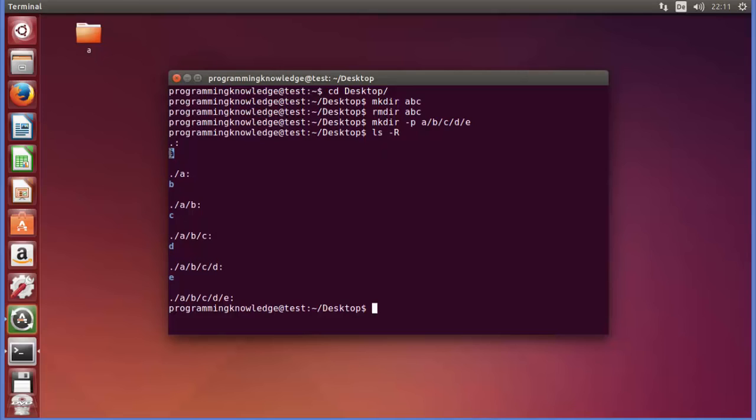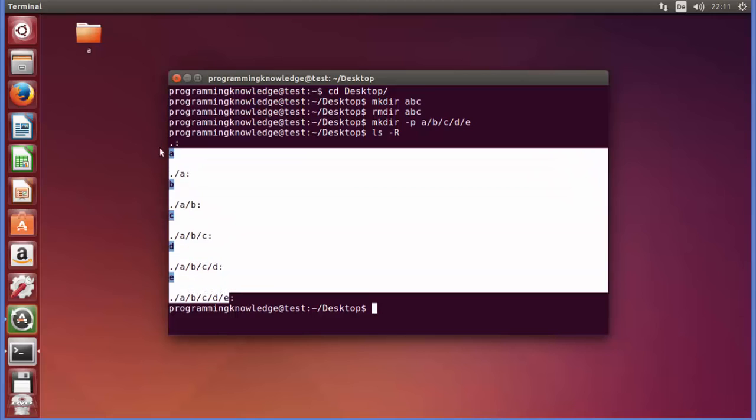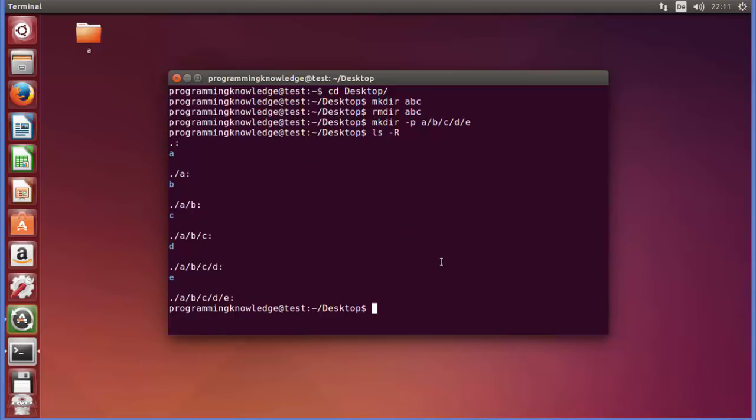So you can see at the top we have directory A, and inside directory A we have directory B, and inside directory B we have C, and inside C we have D, and inside D we have E. Okay, so this is the directory structure which we have created. Now in order to remove it, you can just give the same command, rmdir, and then just give a/b/c/d/e. Okay, and when you give this command, it's going to